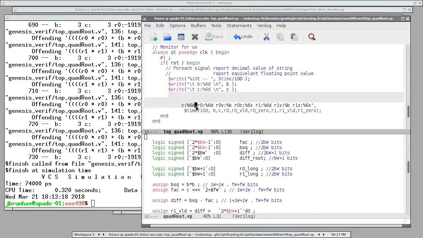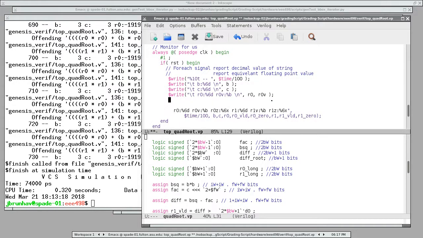So we have C. And we're going to grab R0 and R0 valid in one chunk. R0, R0V,